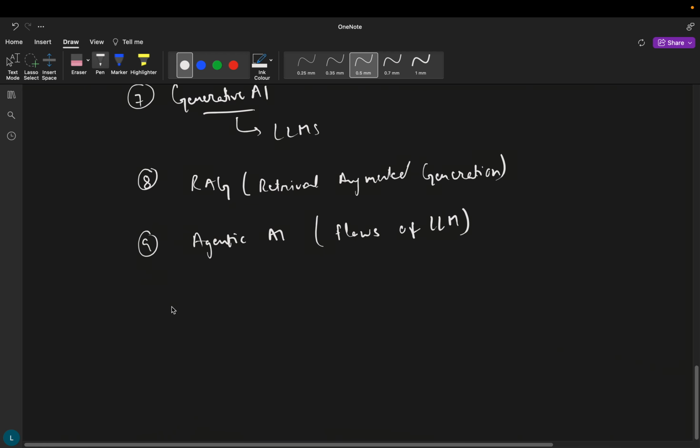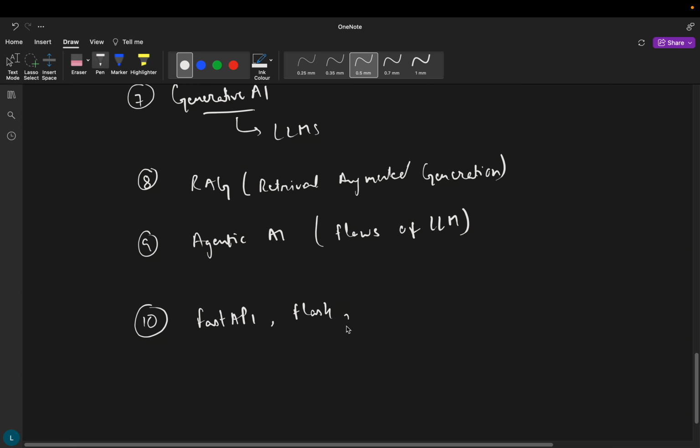Now these are the basic 9 steps. The 10th step is the side steps. Like you must learn about FastAPI or Flask, so that you can implement all of these things into your projects. With the help of FastAPI you can create your own APIs, and with Flask you can create the front end, back end and everything. Flask is basically for back end, but you can also create front end.